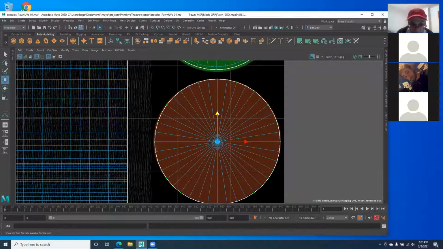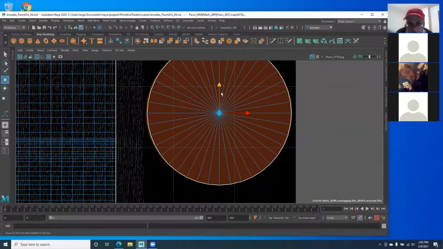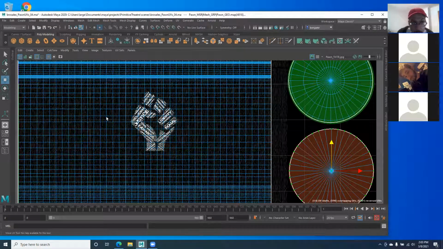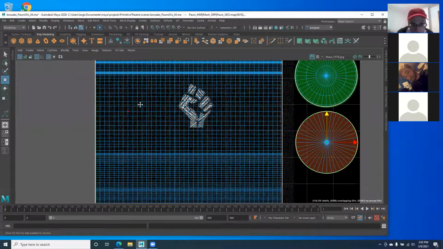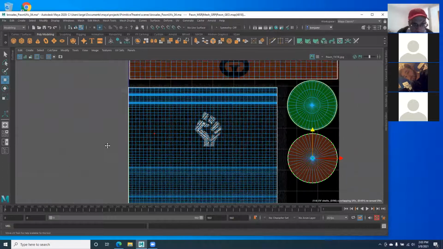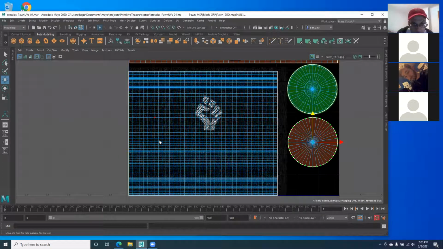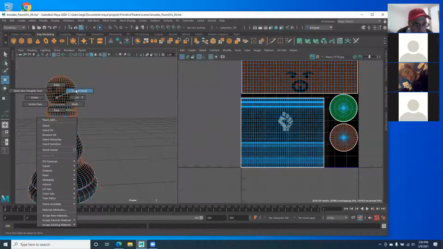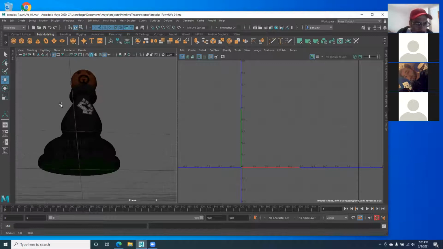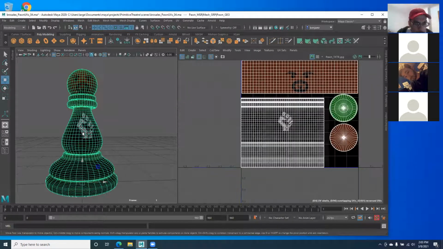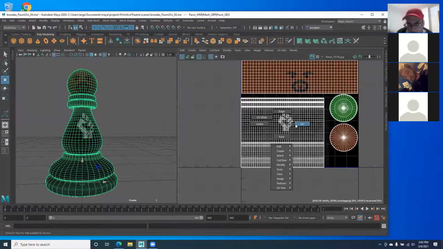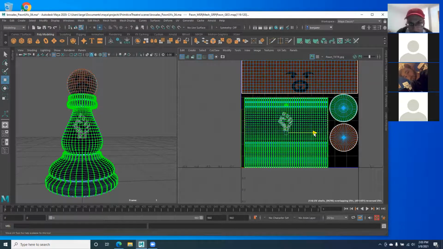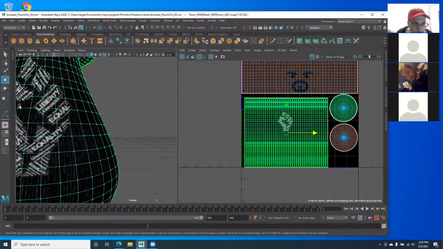Whether we're eventually going to get into Arnold or not, you still need to create a UV snapshot and organize your UVs in a way that's going to look good for your textures. Let's see, if I go back to object mode, his sweater's off a little bit too, because I moved these guys. So if I move this over a little bit, you can see that as I'm moving this, I'm centering that